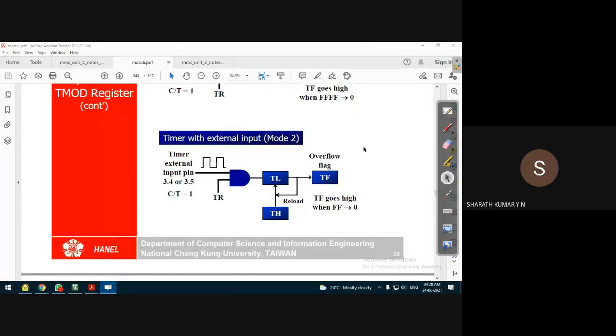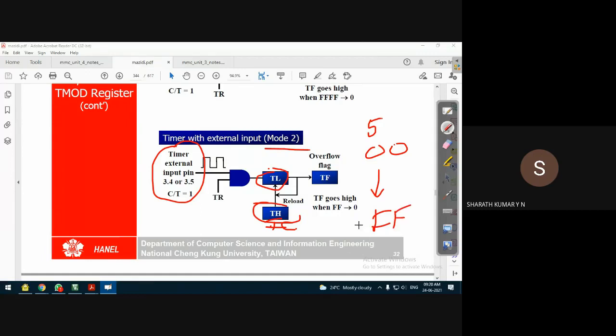In case of mode 2 operation, it is auto reload mode, 8-bit auto reload mode. The lower byte of the timer will count the clock pulses from the external device. The initial count can be loaded in the upper byte of the timer. Suppose I want to count only 5 external events. If I start with 00, it will start counting the clock pulses, go up to FF, then go to the initial count.